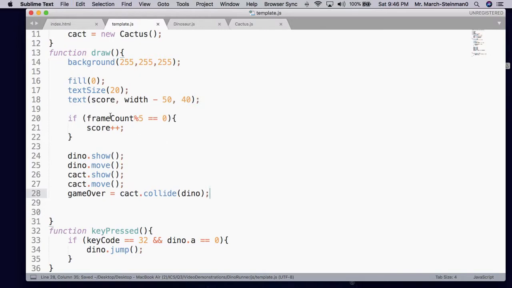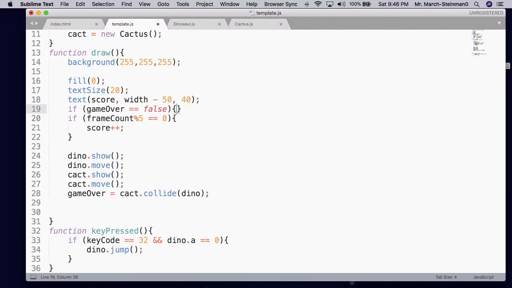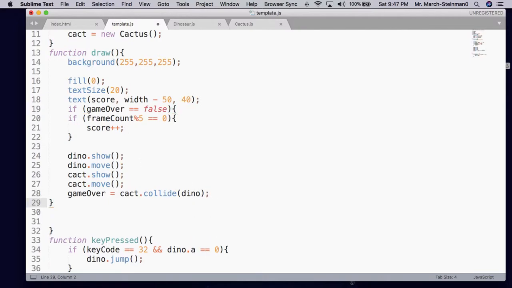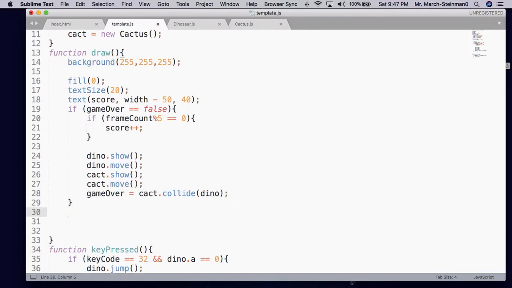And then we want to say, if game over is false, then we do all this stuff. We show the dino, we show the cactus, we show everything. Everything works. We count up scores, and we check for collisions. But if game over is true,